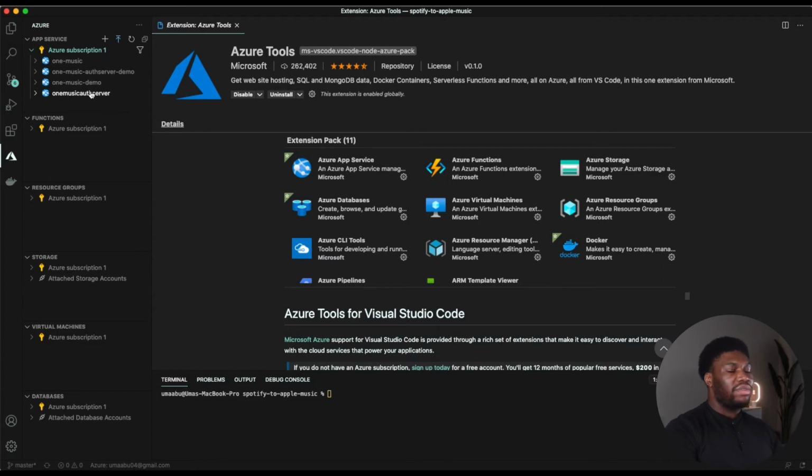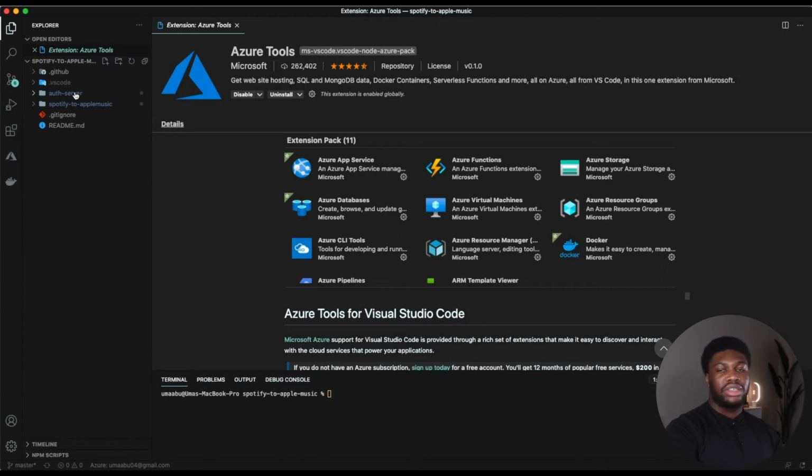Before we deploy, however, we need to do a few things. We first need to specify to the app service which of our Node apps we want to deploy. If you remember, we have the Auth server, which is a Node app, and the React client app, which is also a Node app. We will do this by going to Settings,